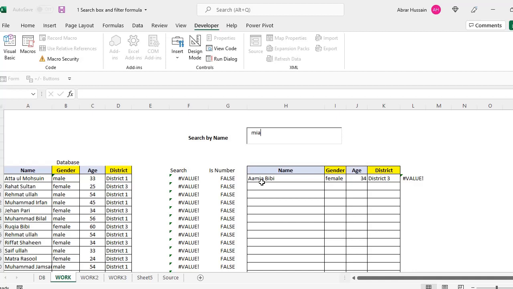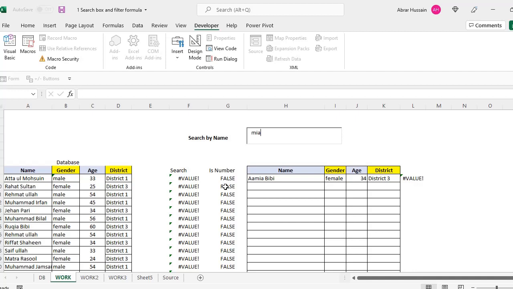One thing is very important for you: these formulas are available in Excel, but if your Excel doesn't have this search, as number or filter formula, you can use online MS Excel.